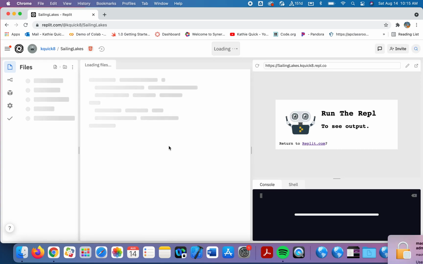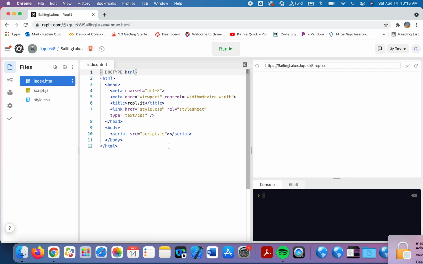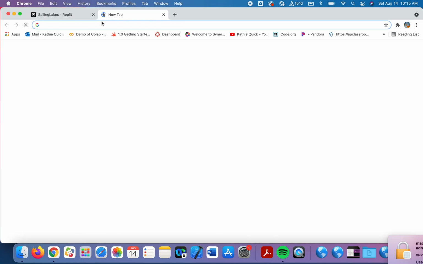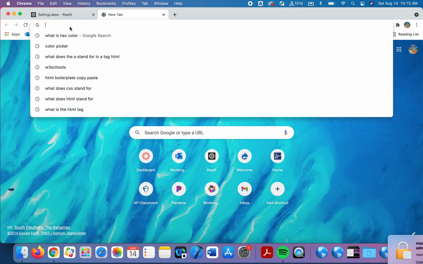First thing I want to do is change the background color. You know, like Apple has their signature black color. So when you're on an Apple website, you know that you're on an Apple website because the background is black. I want mine to be kind of a beachy theme since I'm looking at sailing and lakes. I know a lake isn't really a beach, but if I go here to a new Google search,